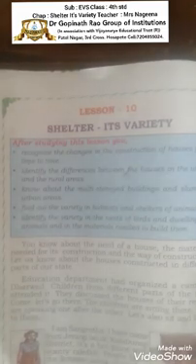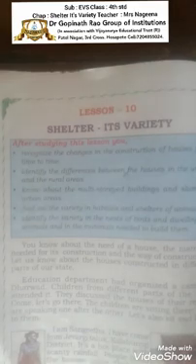Okay. So children, another point in this lesson: the varieties in habitats and shelters of the animals, varieties in the nests of the birds and dwellings of the animals, and the materials needed to build them. Children, you know dwelling places means the places where animals live. See here some pictures of the animals' shelters, called animal houses. So which animals live in the animal houses?